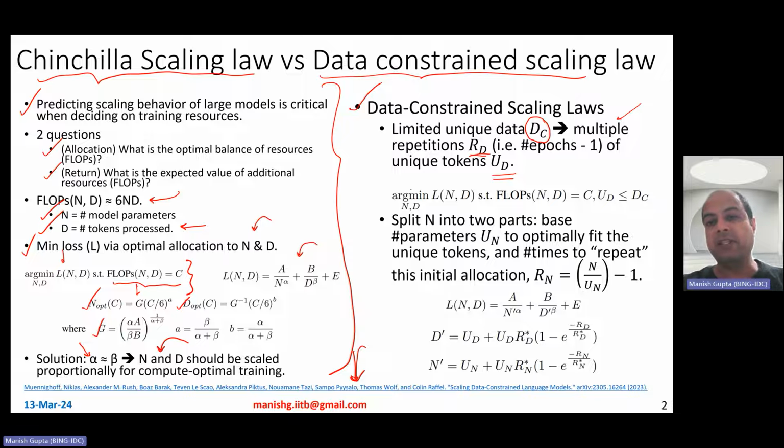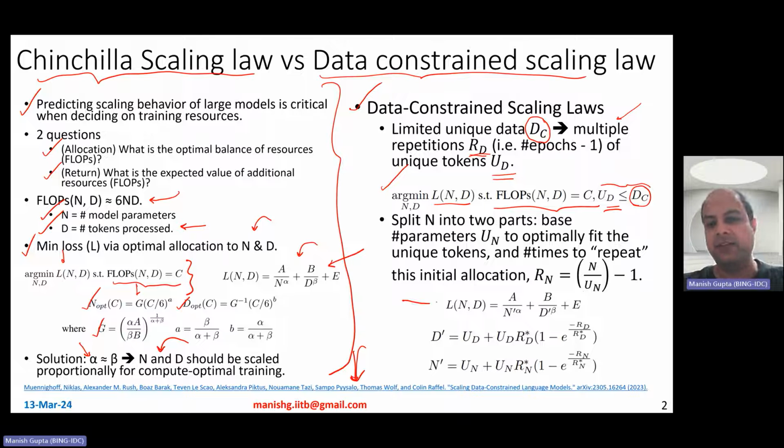So your optimization now becomes this: you have to minimize the loss. Of course, you always want to minimize the loss. You want to get a good model such that the compute is limited, but also the pre-training data is limited. The number of unique tokens is capped by the overall available unique data for that particular setting, for that particular language, for that particular domain, and so on. Now, to be able to solve this problem, again, you have to do some math. You have to express it as an optimization and so on.